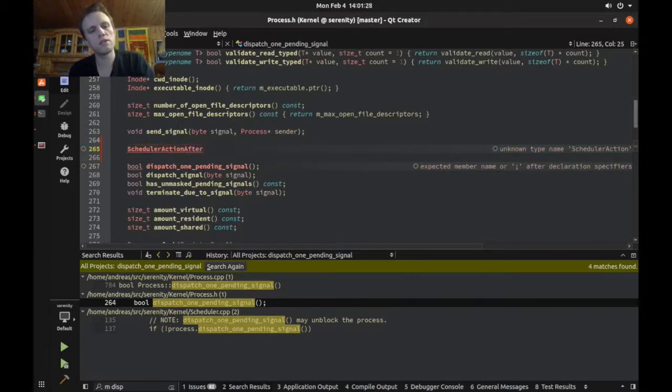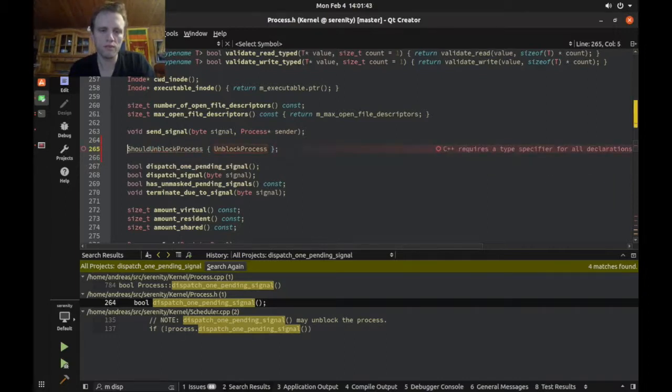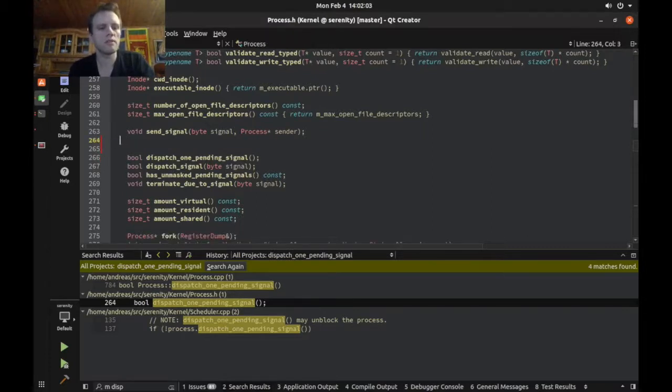Scheduler action. Let's say unblock process, or no, let's see, should unblock process. Yes, no, let's do it like this. Enum class, and let's say